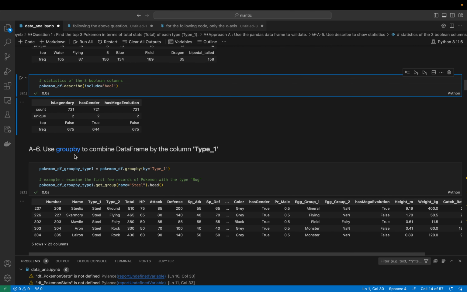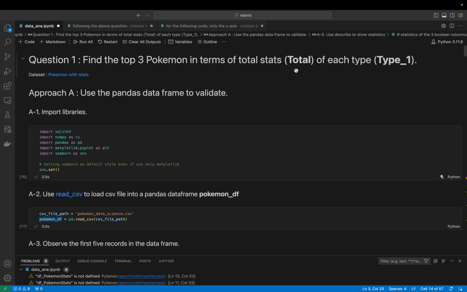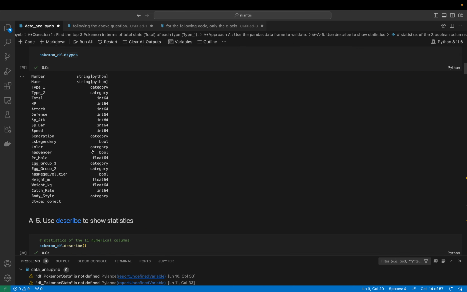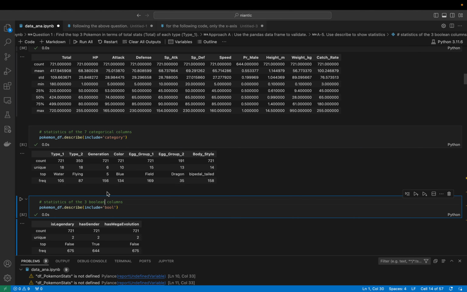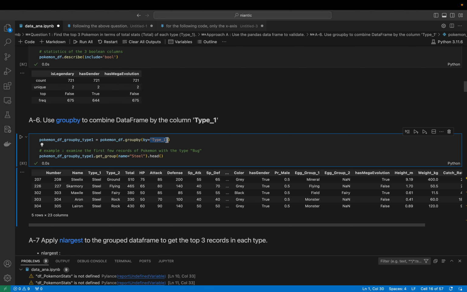So first, we use the group by function to combine the data frame by the column type 1 as stated in the question. For each type of Pokemon, the type can be grass, fire, steel, dragon, etc. So we group the data frame by the primary type 1. In Python, we can just use the group by function, and by the column name we specify here,